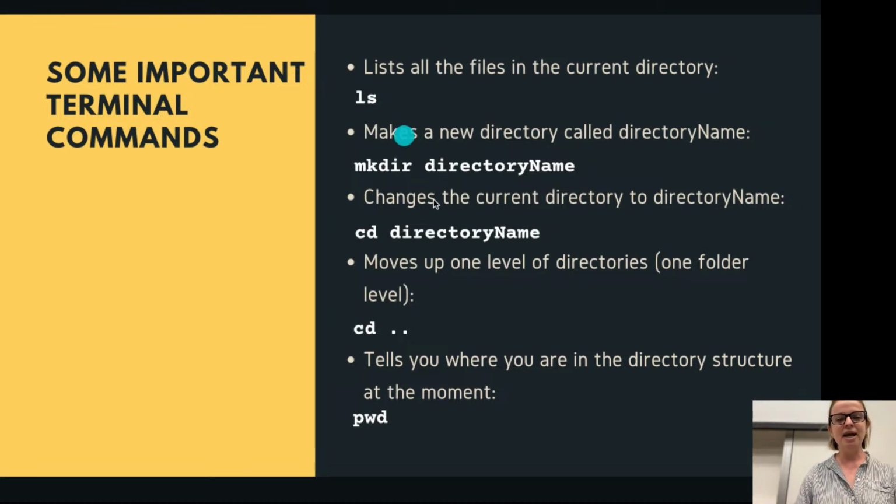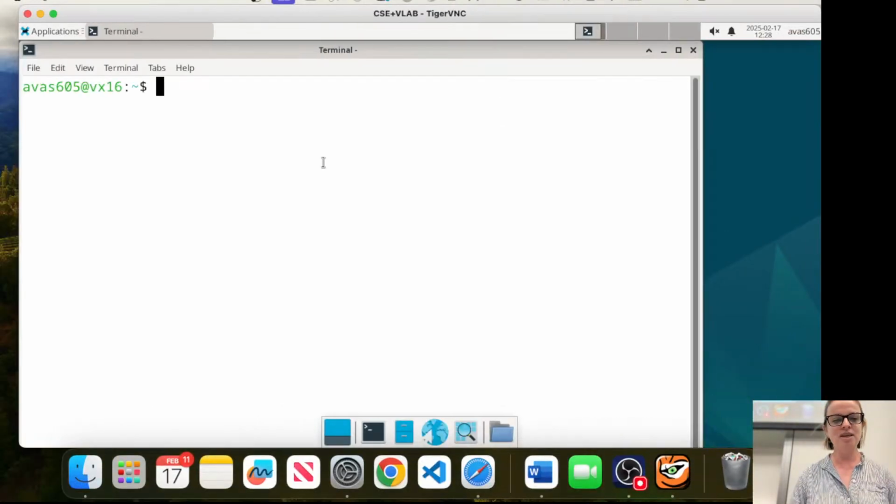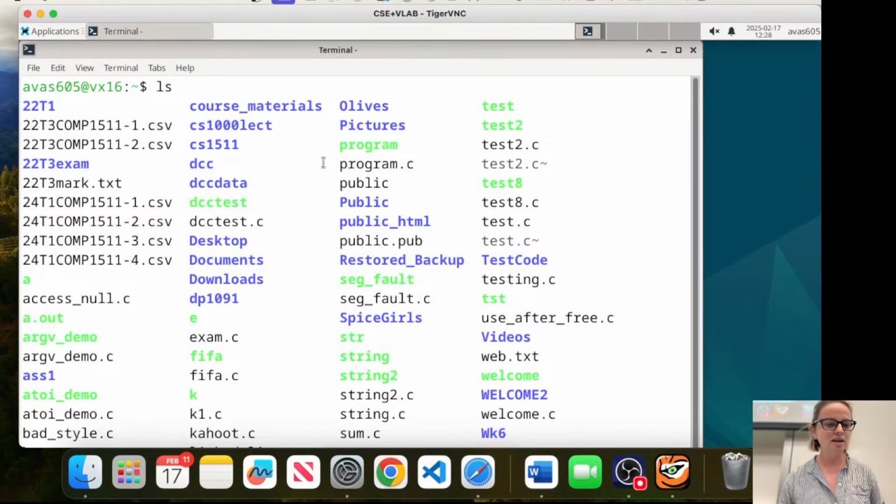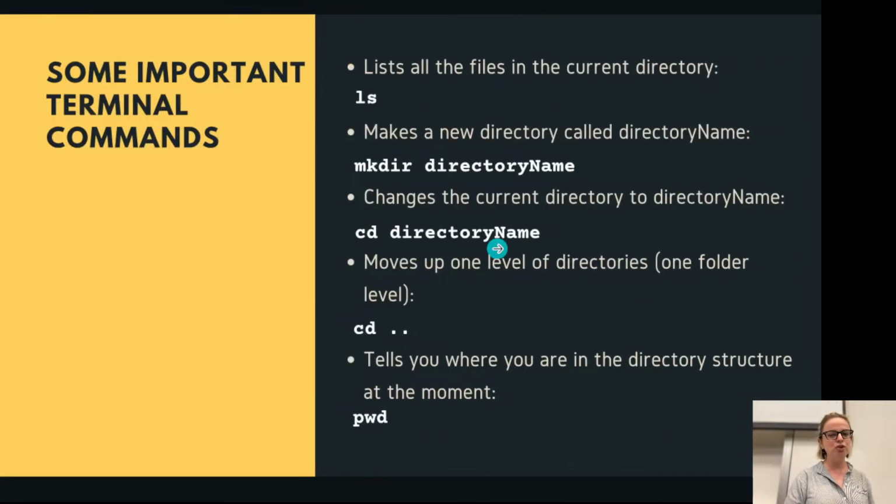If you type in ls, it's going to give you everything that is sitting in the... Yeah, it's looking very good here. And look at these names. These are amazing. Test. So ls lists everything that is in your current location, where you're standing. So you're able to see what files are available to you.